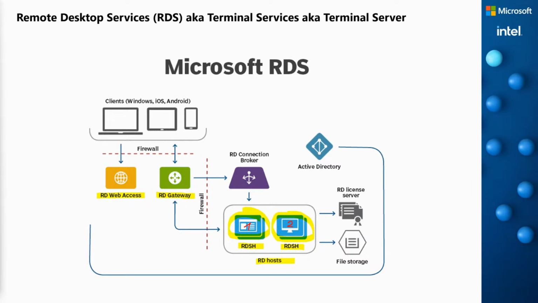Because you can imagine, if you have one host with several users on this host, then we can optimize the memory, CPU usage, and so on. The option number 2, the RDS host on the right-hand side, is a virtualization-based scenario. Most of you maybe know this as a virtual desktop infrastructure environment. VDI in the Microsoft ecosystem means that we build an RDS scenario where our target machines are virtual Windows clients virtualized on Hyper-V.